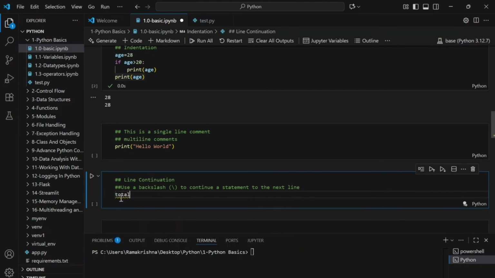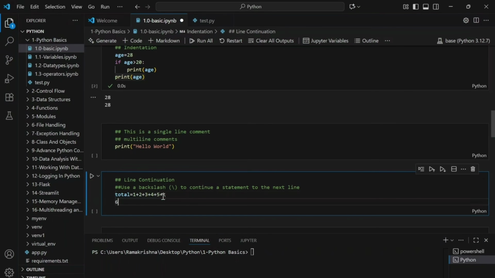So total is equal to, suppose I'm writing 1 plus 2 plus 3 plus 4 plus 5. And even after 5, I have a few more numbers to write, but I want to do it in a new line. So what I can do is put a backslash here, press enter, and write 6 plus 7.